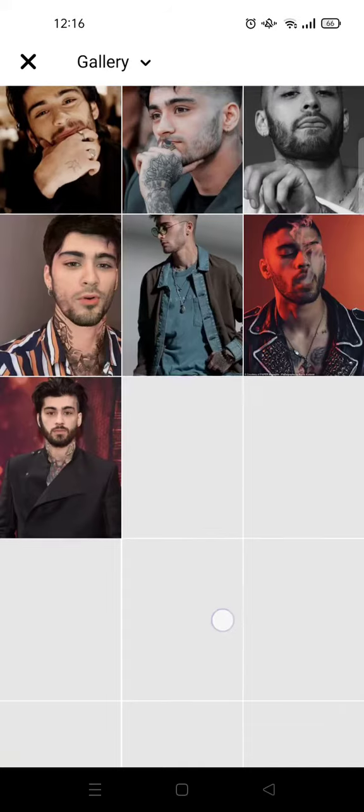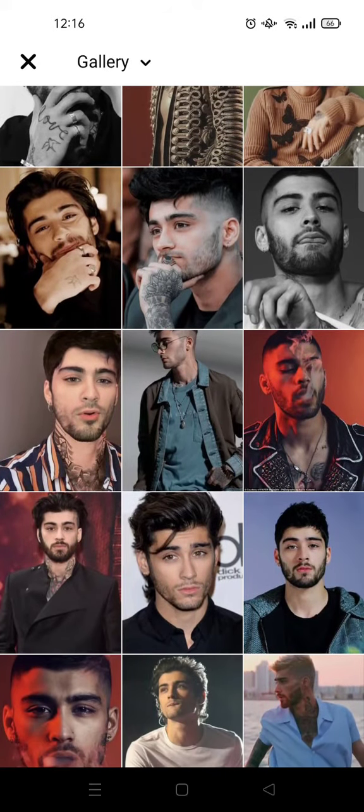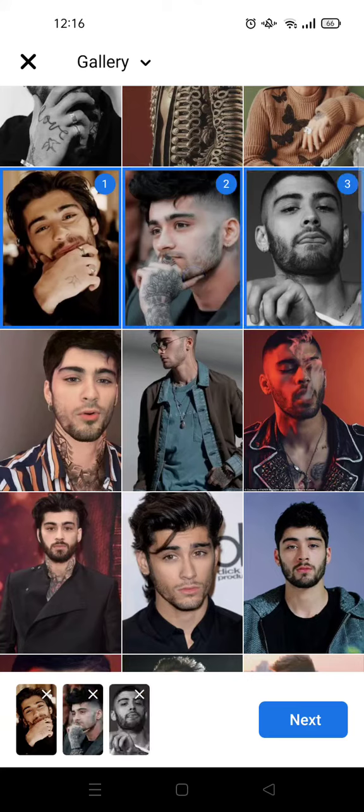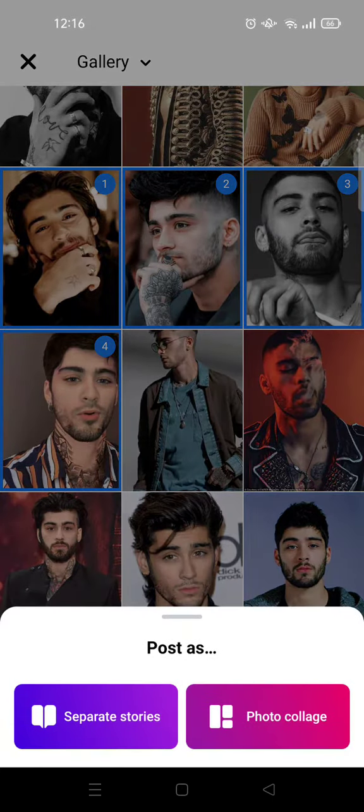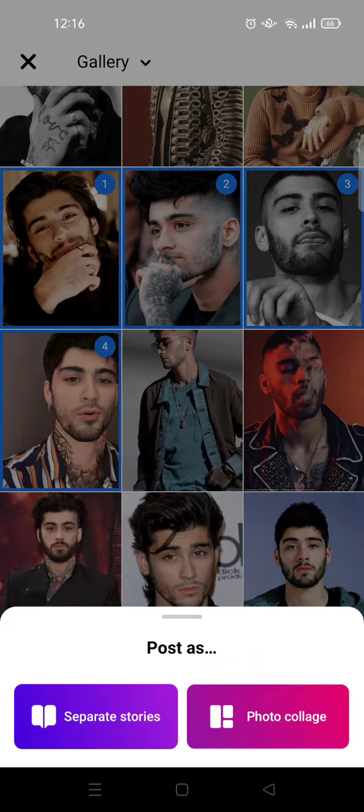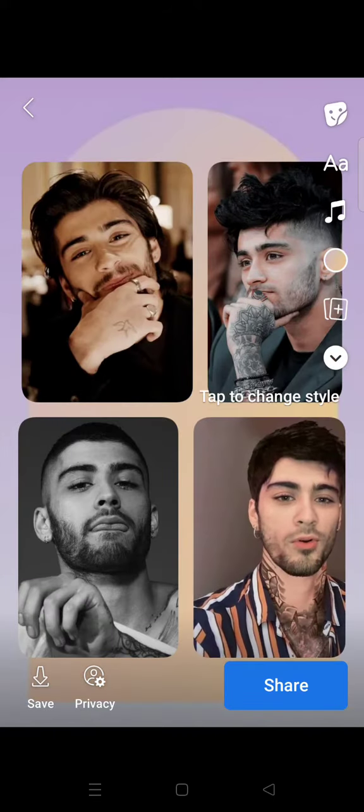Okay, I'm going to add 4 photos, and after that just click on next. And here you can choose whether you want to post as separate stories or as a photo collage. I'm going to just select the photo collage, and it will be arranged like this, but you can always change